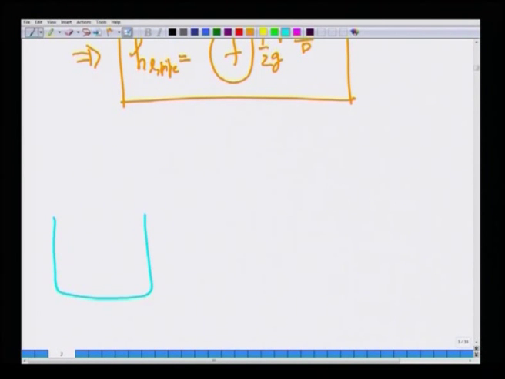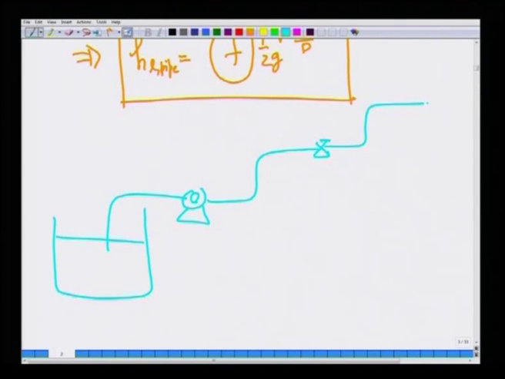You may have a reservoir in which there is a liquid, and you want to have a pipe, and you want to maybe pump the fluid at a given flow rate, and there may be valves to some other elevation. So, this is a typical problem. This is elevation Z1, let us say this is point 1, and fluid is coming out to the atmosphere, and this is, let us say, point 2. Okay. If you want to write the energy balance between points 1 and 2, okay, the general energy balance,